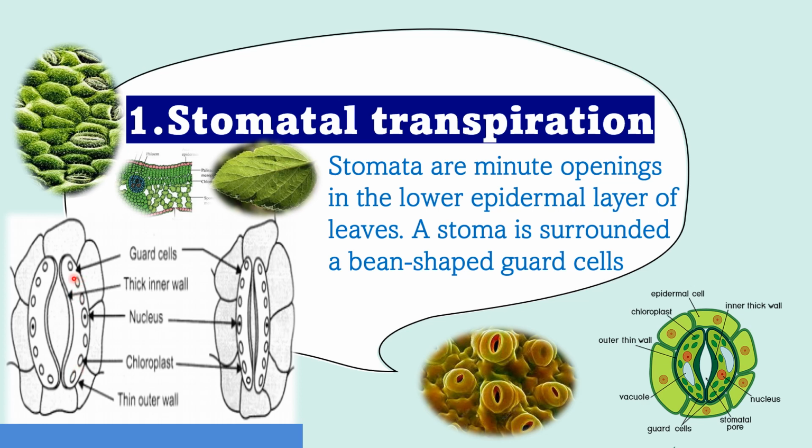Then you can label these parts. Guard cells, yes, bean-shaped guard cells. Then thick inner wall, nucleus, chloroplast, thin outer wall. Then you can label epidermal cells. These two guard cells are surrounded by epidermal cells. Then you can label the inner thick wall